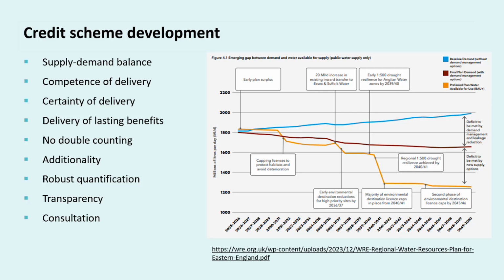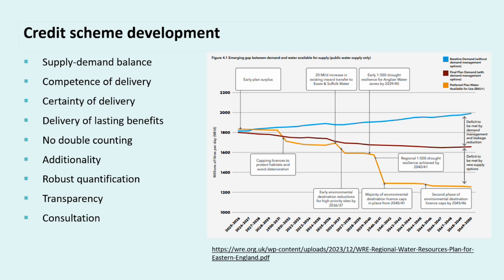So liaison with the local water company would be required to ensure that you're not double counting water savings from socially tenanted properties that maybe they have got in their water resource plan as targets as well. Excellent record keeping and data management obviously is going to be essential. The mitigation strategy must also deliver benefits that meet the test of additionality. So there must be new benefits that wouldn't otherwise have occurred.